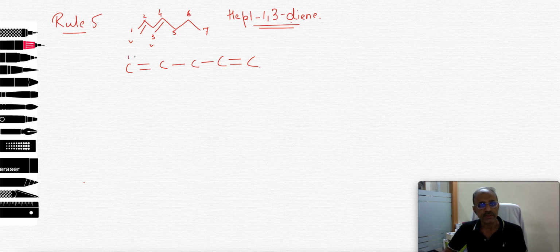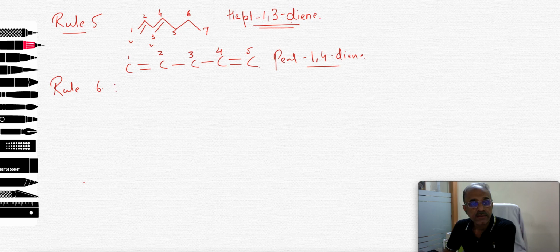It will be 1, 2, 3, 4, 5, and it will be pent-1,4-diene. Right? No. If alkene and alkyne both